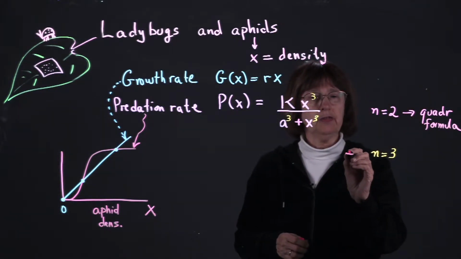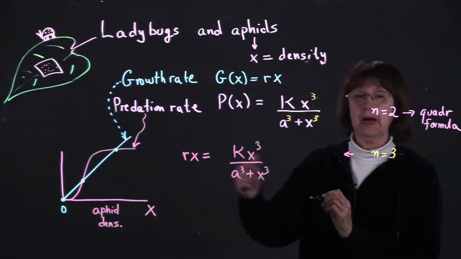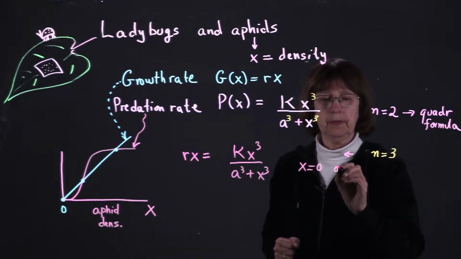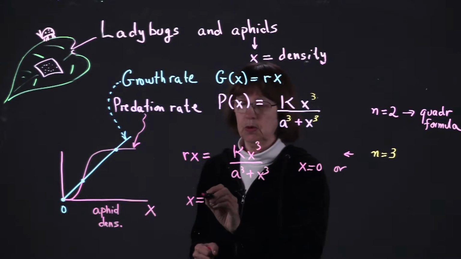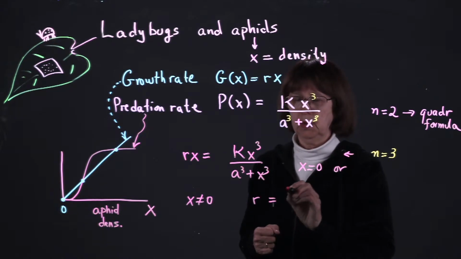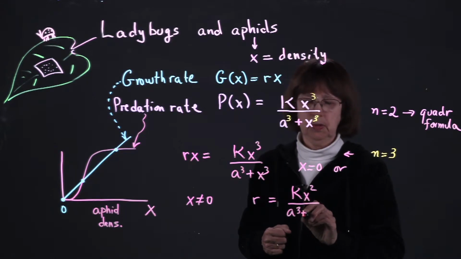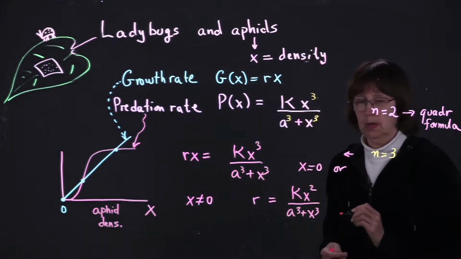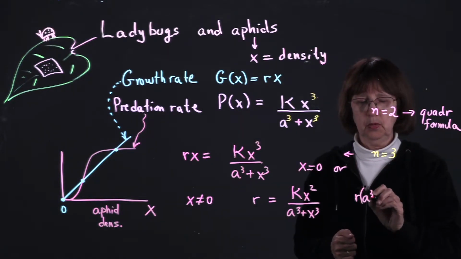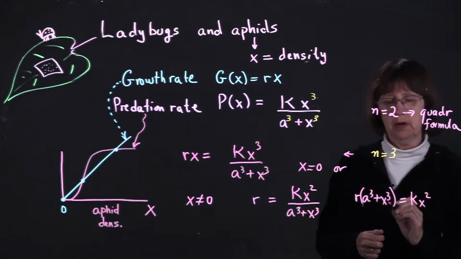Well, we can still carry out a few of the same steps. We can set these two to be equal, and we can still cancel out a factor of x, meaning we can say either x is 0, or if x is not equal to 0, cancel out a factor of x and arrive at r equals kx squared over a cubed plus x cubed. This in turn can be written in the form r times (a cubed plus x cubed) equals kx squared, but now